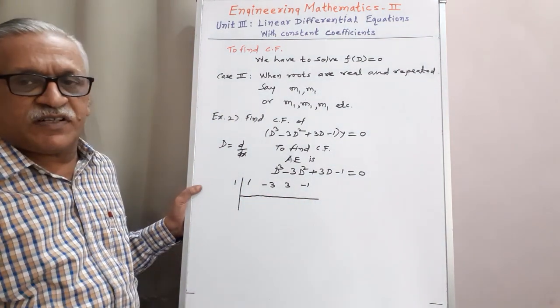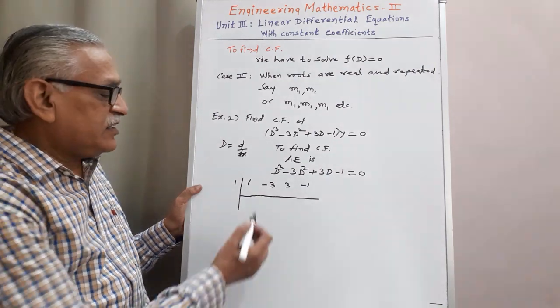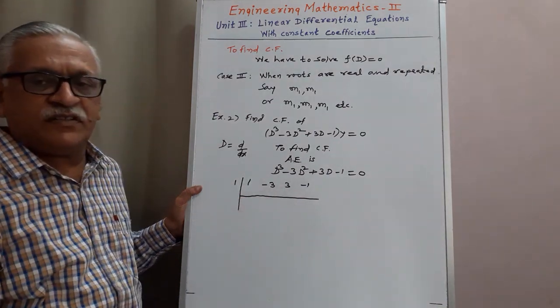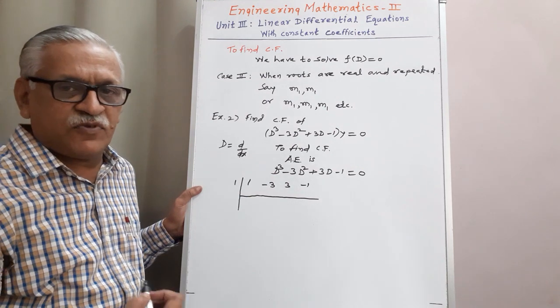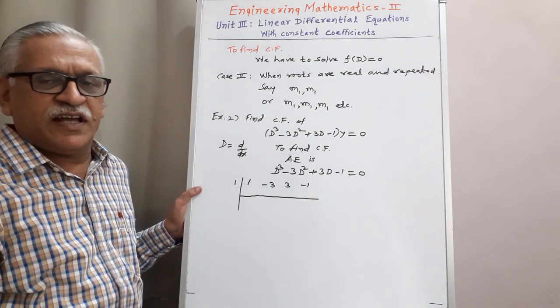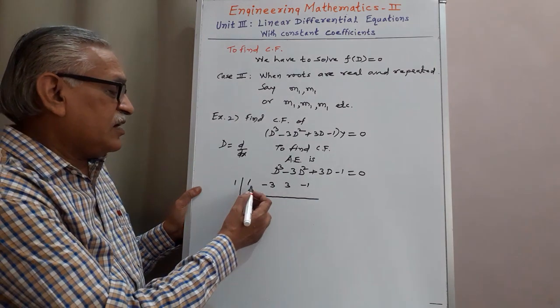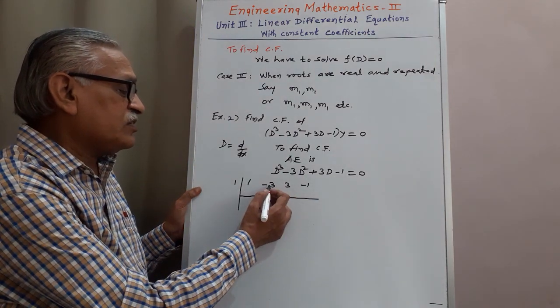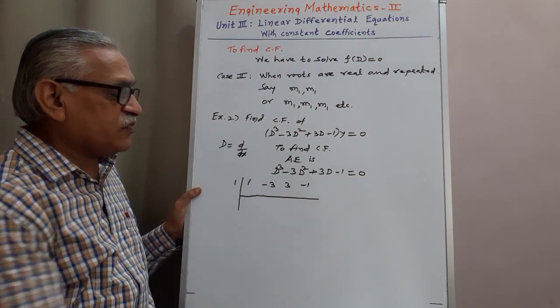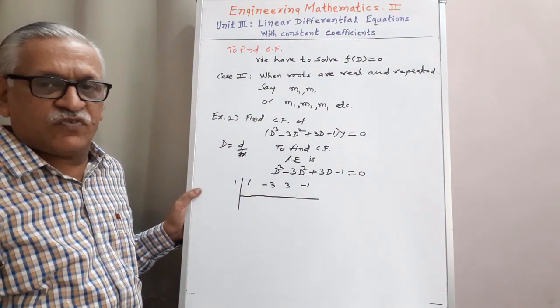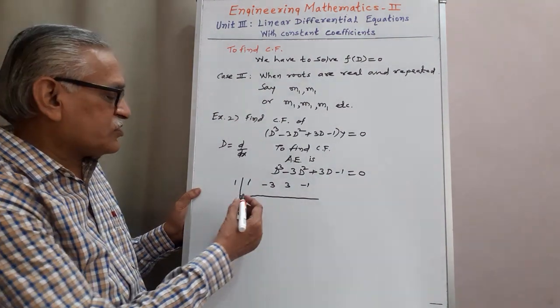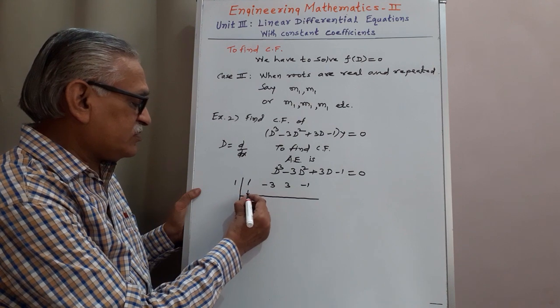This is the first shortcut method. Another shortcut method: if the sum of the even coefficients is equal to the sum of the odd coefficients, then minus 1 is the root. Here 1 plus 3 is 4, and minus 3 minus 1 is minus 4, not equal, therefore minus 1 is not the root. Checking for 1,